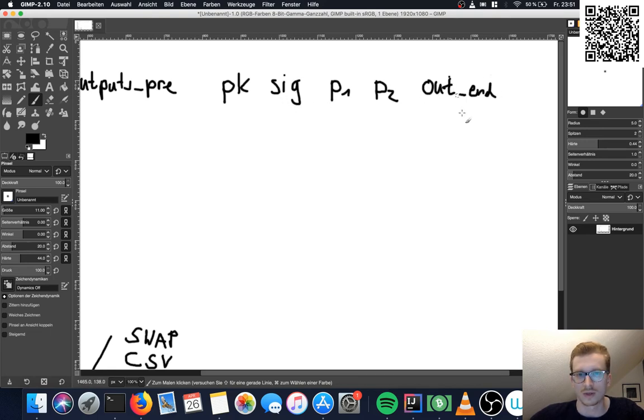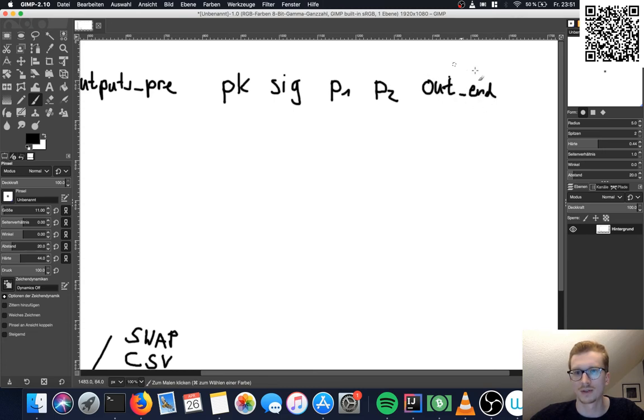As a quick reminder, these two are basically an arbitrary public key which verifies the signature, and this signature has special properties which we'll see later when we go down the stack.